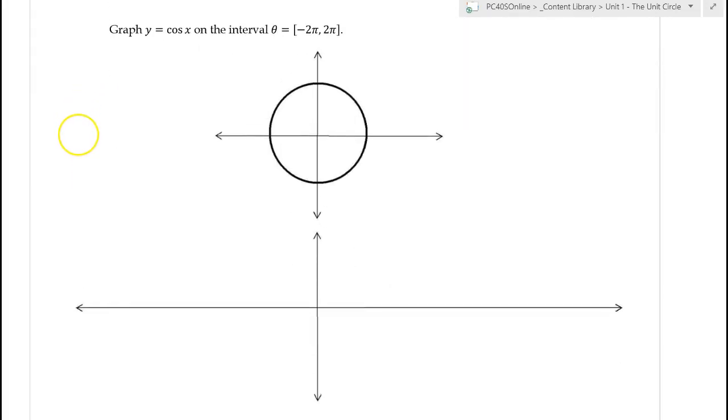Doing cosine is much the same, but remembering that it's our x coordinate. And so instead of starting at 0, my x-coordinate starts at 1. It goes to 0, and then reaches its minimum at -1. So again, we have the same maximum and minimum. They're just happening in different places. So I'm going to draw them in. 1, -1,